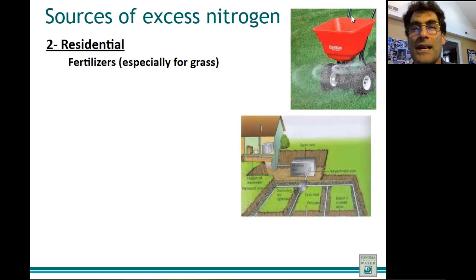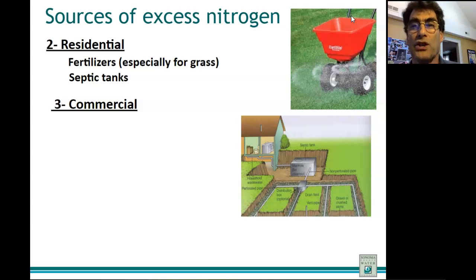Another source of residential nitrogen is septic tanks. We're going to learn about septic tanks a little bit, but a septic tank is if you're not hooked up to the sewage treatment plant because you're a little bit out of town. Everybody has a septic tank. And since there's waste, we're going to see that when you get rid of waste, metabolize it, there's nitrogen left over. So that's going to leak.